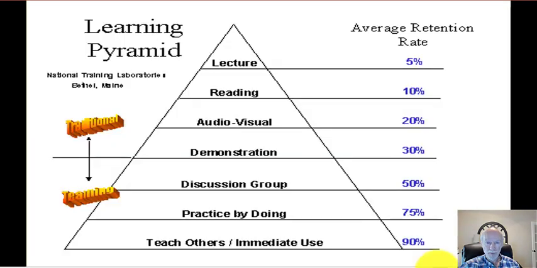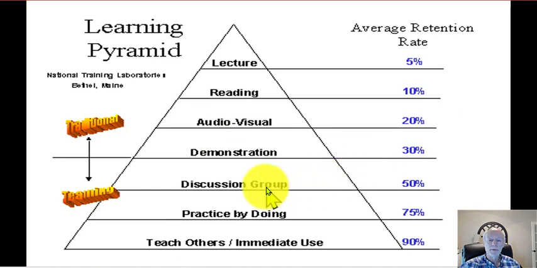Now, the way we're going to do this class is something I picked up a long time ago when I first started teaching. This is called the learning pyramid. If you listen to a lecture, about 48 hours from that time, you're going to retain about 5% of it. If you read something, you'll retain about 10% of it. If you see an audio visual, about 20%. A demonstration, about 30%.